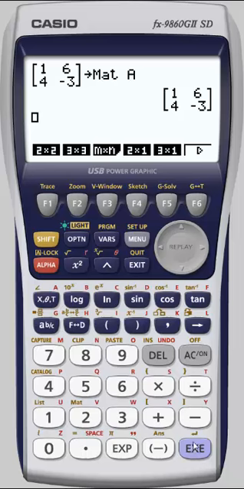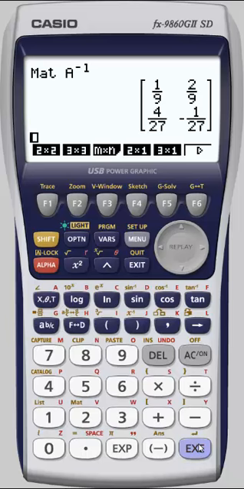Now, not a lot has changed, but now I can do computations with that matrix. If I want an inverse of that matrix, I can type in matrix A. Alpha A, I missed that key. And where is our inverse? I suppose I can just raise it to the -1. And there we have our inverse matrix. That's somewhat handy.